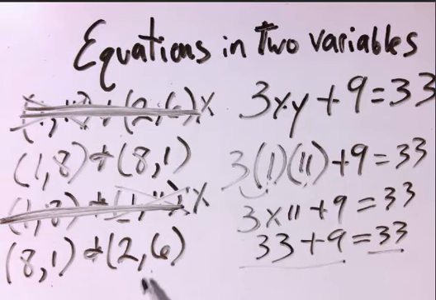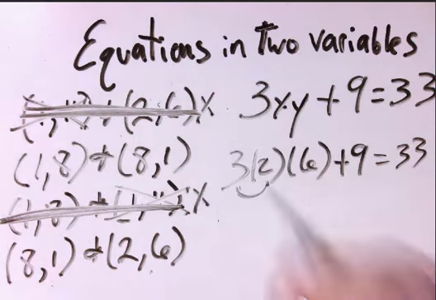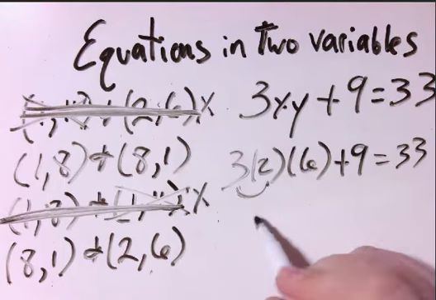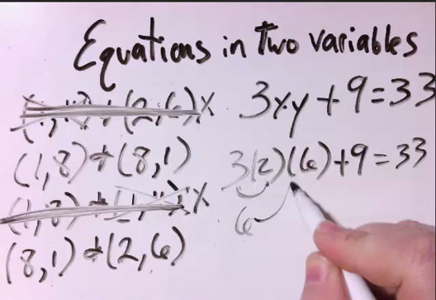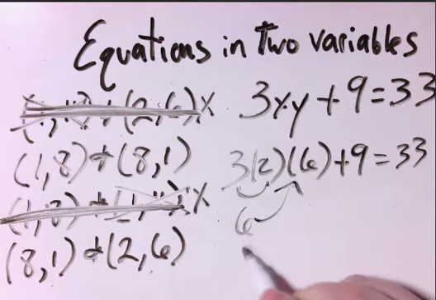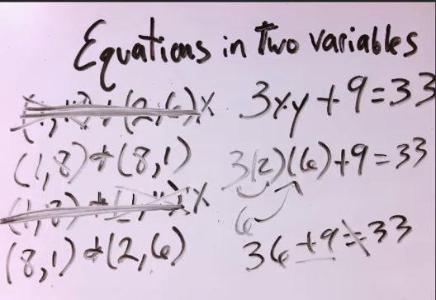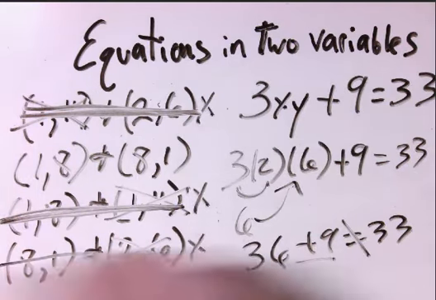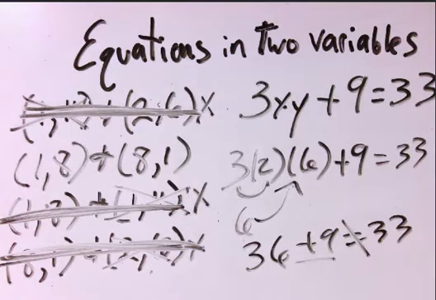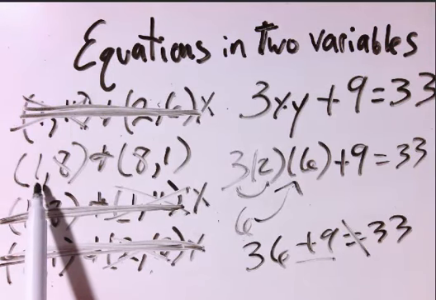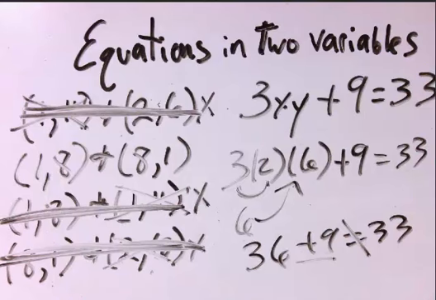So let's go ahead and start with this 2, 6. So 3 times 2 is going to give us 6, times 6 is going to give us 36, plus 9, which automatically there we can see that that's not going to equal 33. So we know that this cannot be one of our answers. That means this one here is going to be wrong. So we can really quick run through here and do 8 plus 1 and see if that gives us the